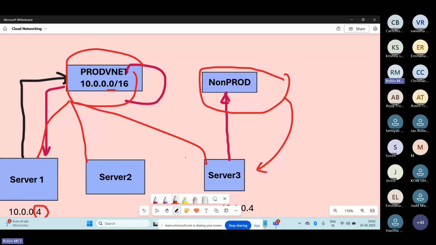Because 65,000 devices are connected onto one VNet, and you want to put some kind of conditions in the network. You don't want all 65,000 devices to communicate with each other. You want to make some restrictions, saying only one set of servers can be connected to another, or put some protocol-based or port-based restriction or traffic management. That can be done with the help of another isolation inside your VNet. That's called a subnet.